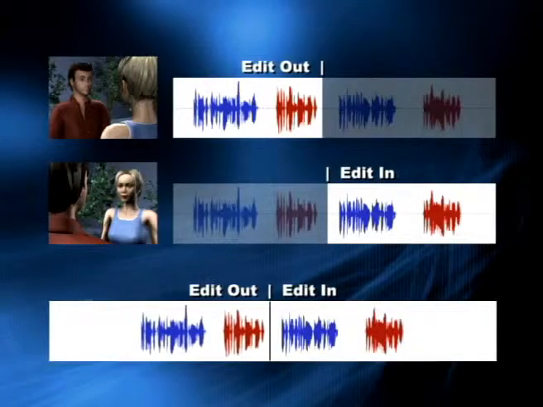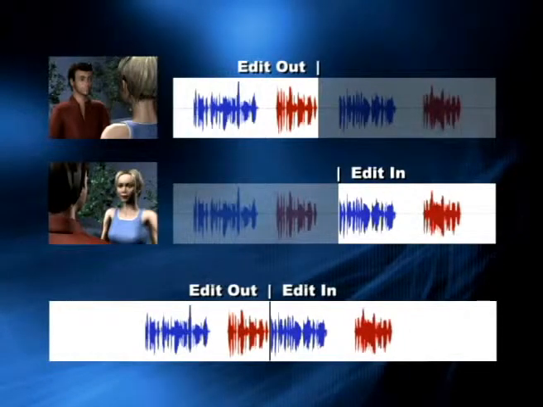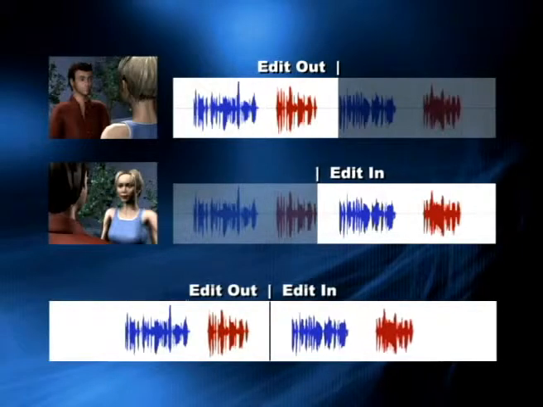But if we use less of the gap both before and after the edit, we're speeding up time. If we use more of the gap both before and after the edit, we're essentially playing part of the same moment twice, resulting in a stretched out pause. But this is as far as we can stretch, because we need to cut before the other character starts speaking in each take, which is often visible even with their backs turned.